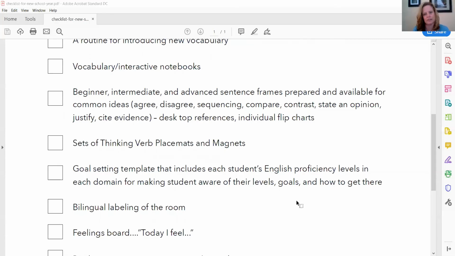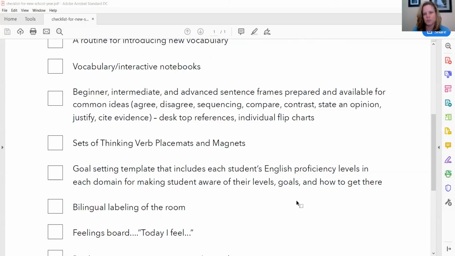And we're going to recognize the world around us and how learning about different languages and cultures will bring a richness to our classroom. Something like a feelings board for younger students and for beginning proficiency level students, just a way to get a check to see how they're doing, how they're feeling. Today I feel, and then using emojis, using pictures, using facial expression pictures, whatever it is you can find